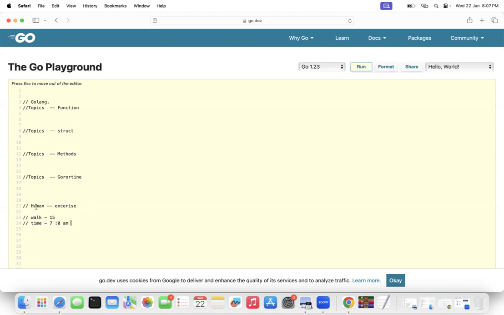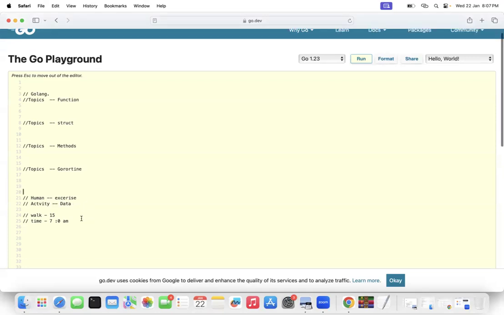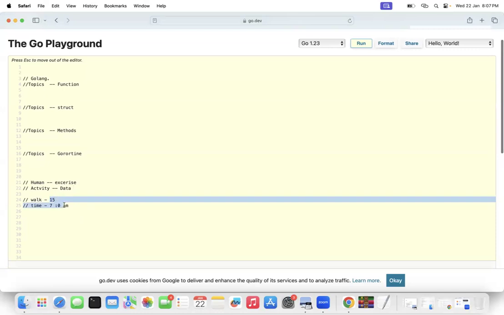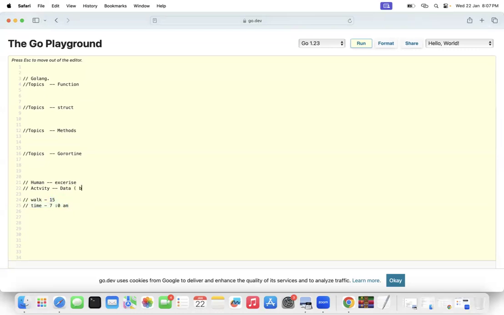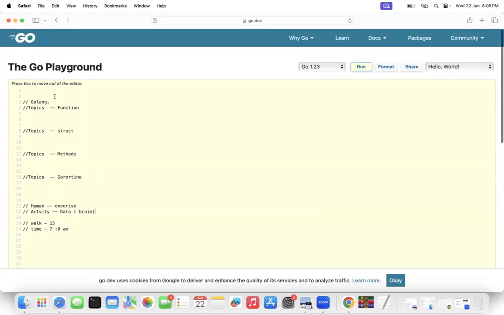This activity, which is done by a human, has basically data. What does it have? Data. And the data is important for the human. So this data, where do humans store it? In the brain, correct? So what is the concept of Go language?